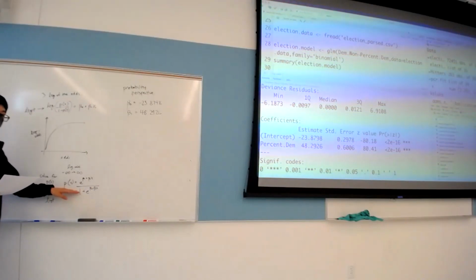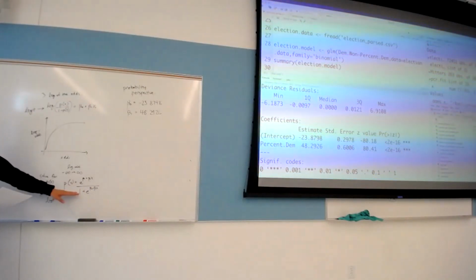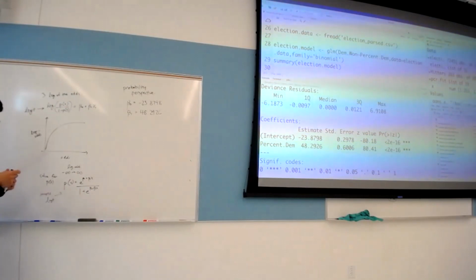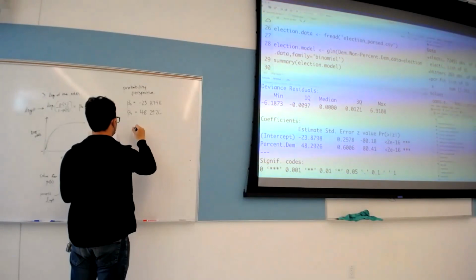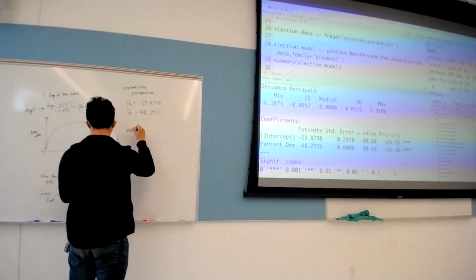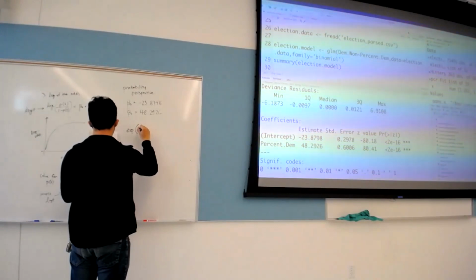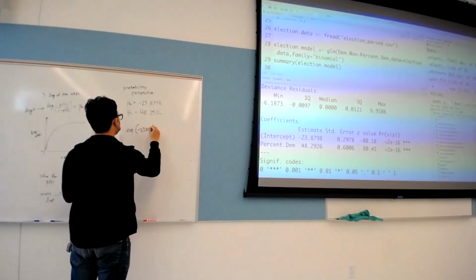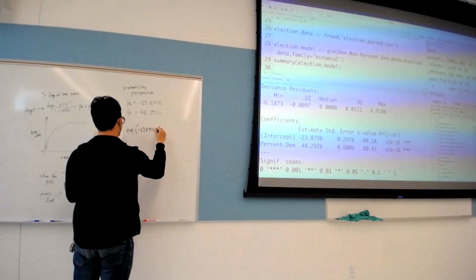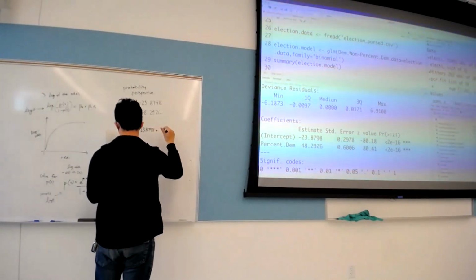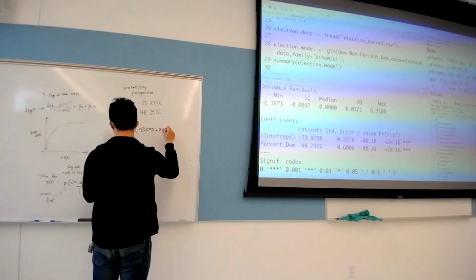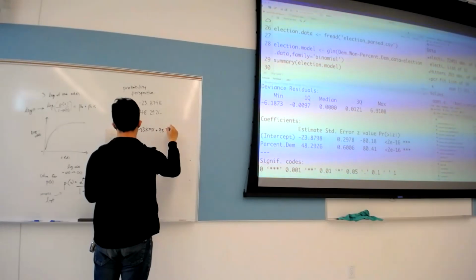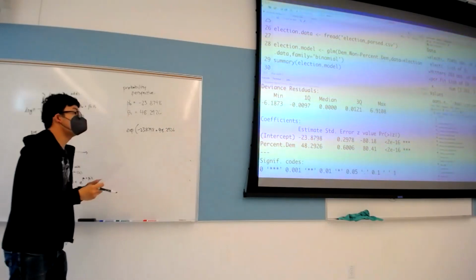I'm going to use this equation here, the sort of inverse, and solve for here. So we're going to have something like exp of the quantity negative 23.8798 plus 48.2926. So this is where